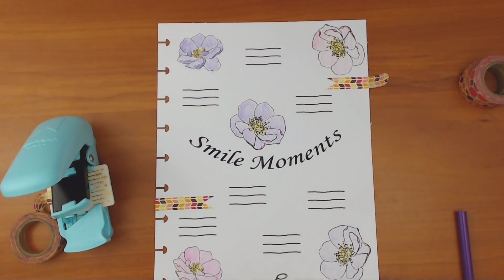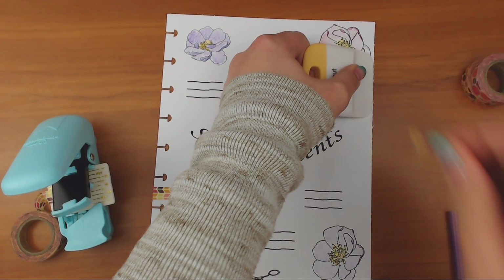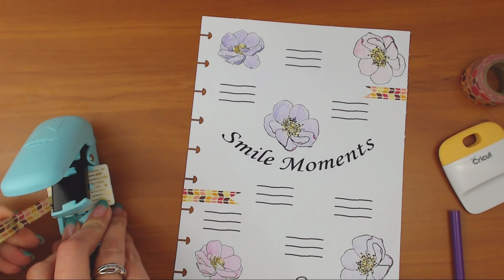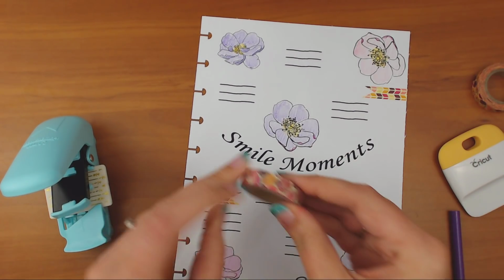So it has the yellows and the purples. Where's my washi cutter? There it is. I just had it for my Plan With Me. What is going on? So, I figured you could switch up your washi based on what you color your flowers. So I thought that would be fun. So I'm gonna do that one, and then I'm gonna grab this floral one,